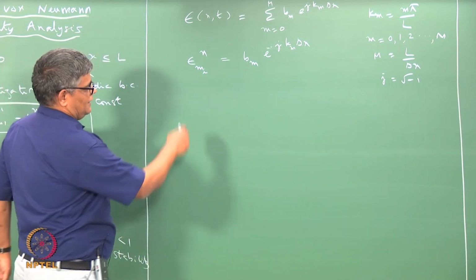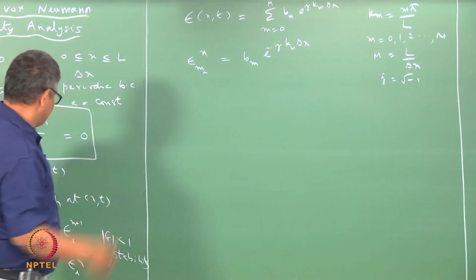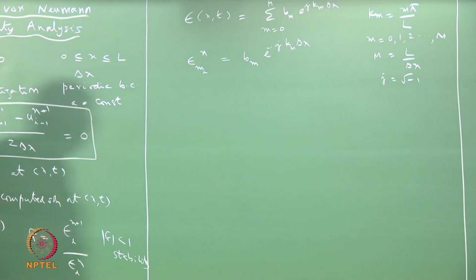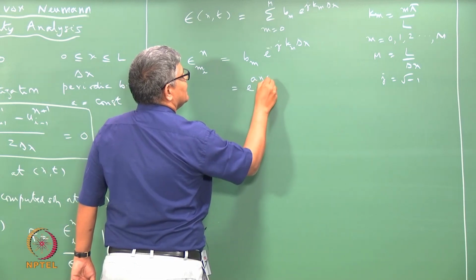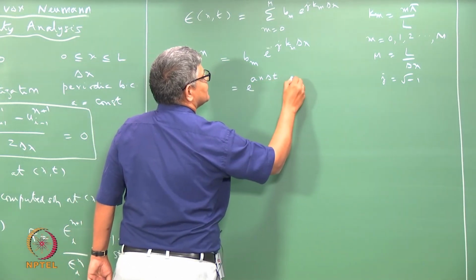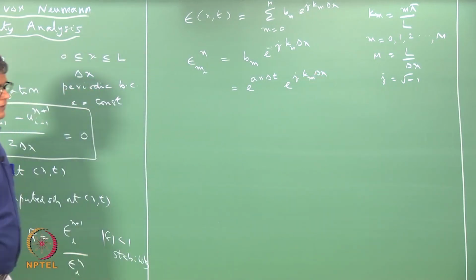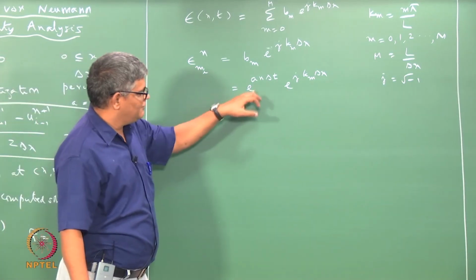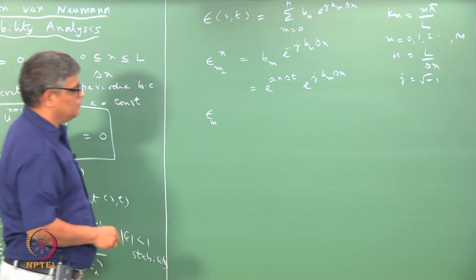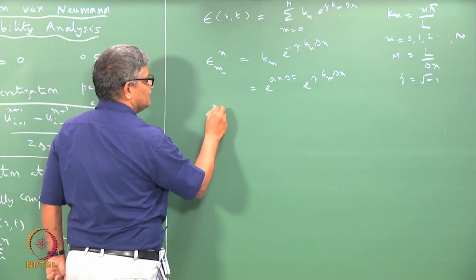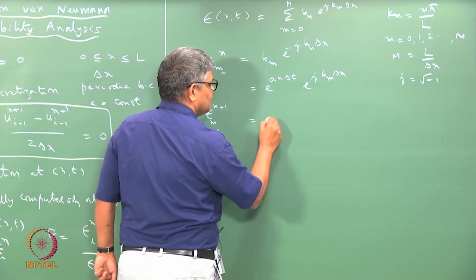Because we are going to look at whether it increases with time, and we are going to take the ratio, we write it this way. So this is at time t, and the error of the same mth wave component at the same location at the next time step n plus 1 is therefore given by exponential of